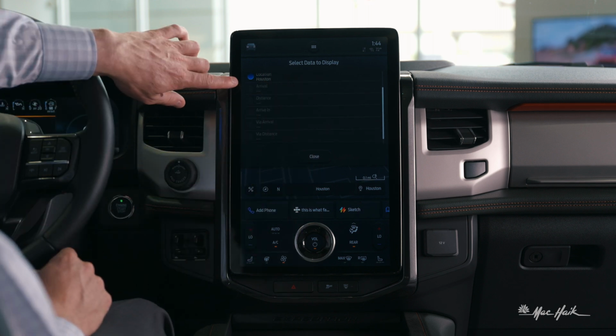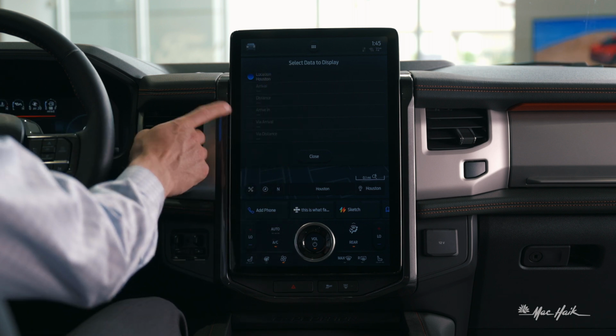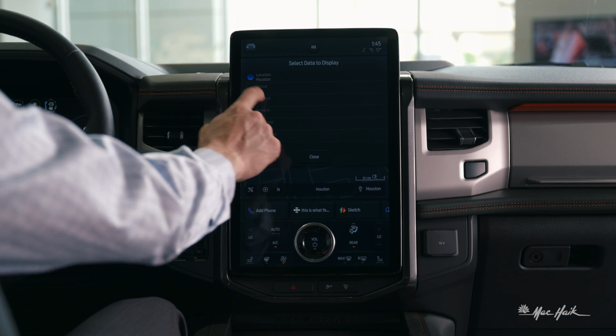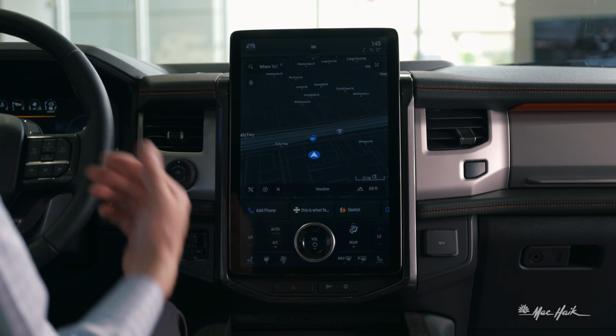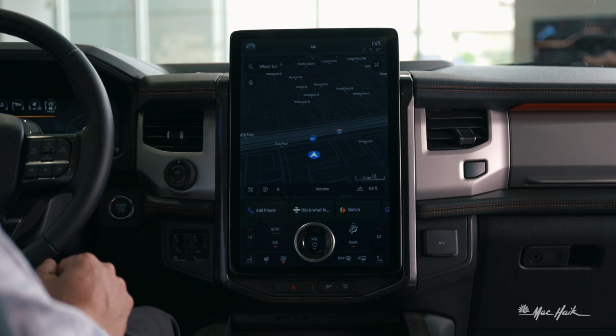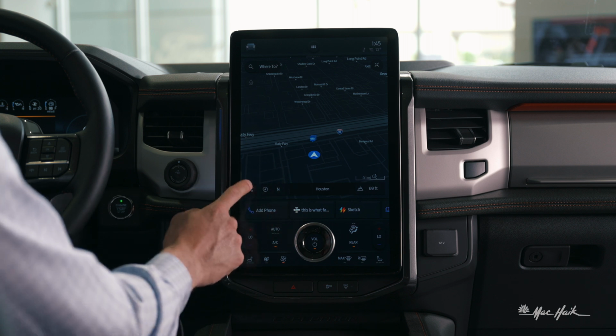And once you have a set map, it'll also show you arrival distance and arriving in via arrival, and also via distance. So right now I'm going to go ahead and set it back to elevation because I think that's super cool on this particular vehicle, considering it's an off-road vehicle. And then Houston is already hit here. We've got north, and then we also have,